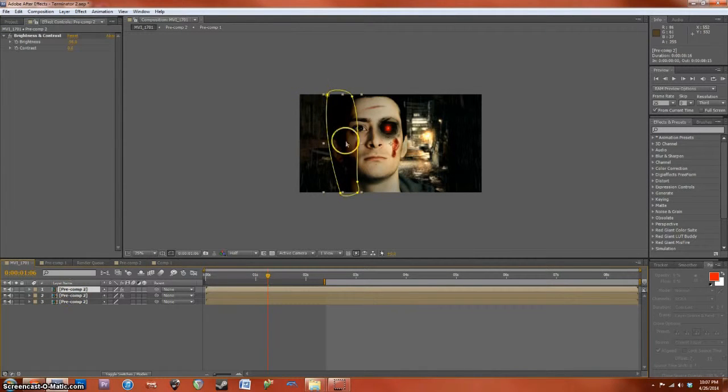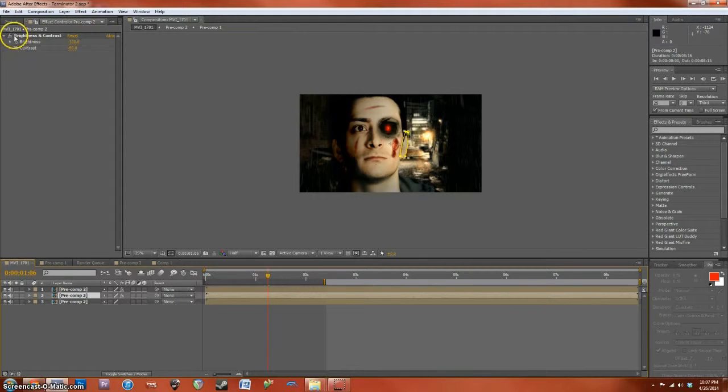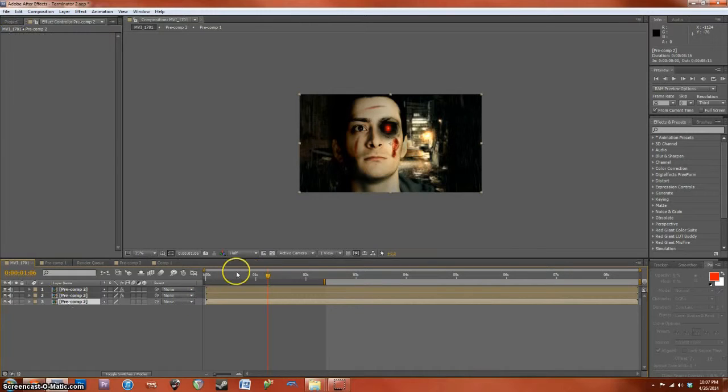Then in this final composition here, I've select masked part of the subject's face, made a shadowy area to give it a 3D feel, lowered the brightness on the ear area here, and that is the final composition. And I'll just play it out here. And of course all of the 2D elements on the subject have been tracked to his face,